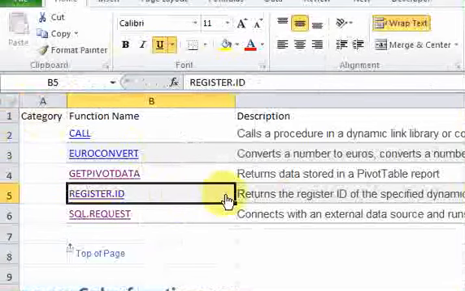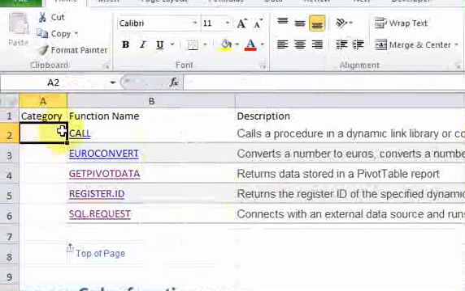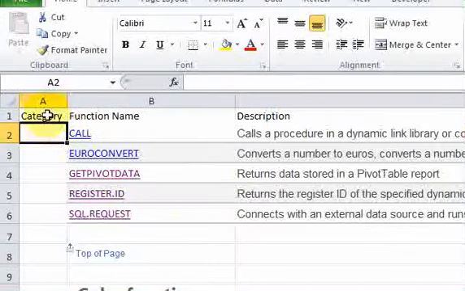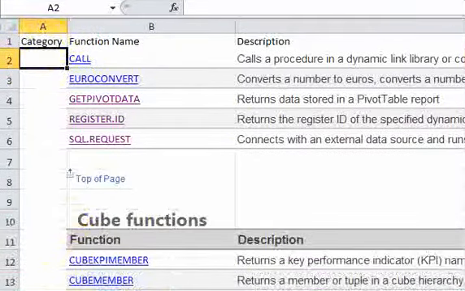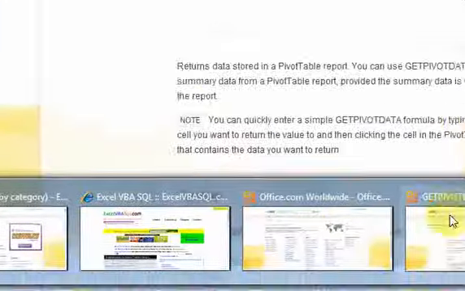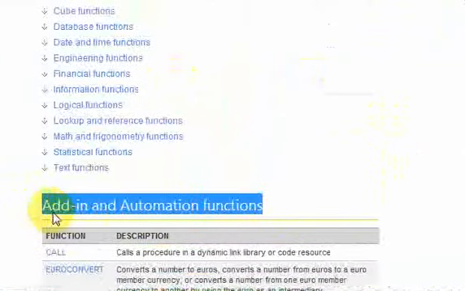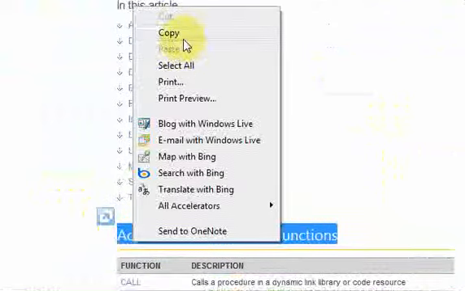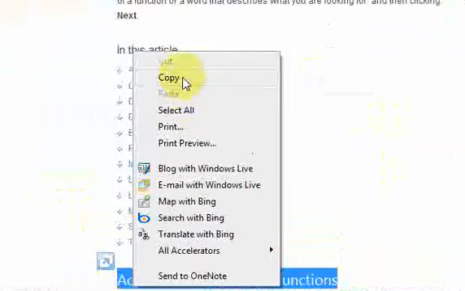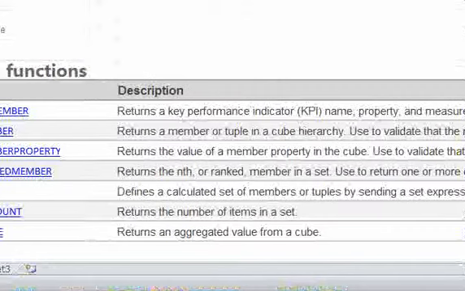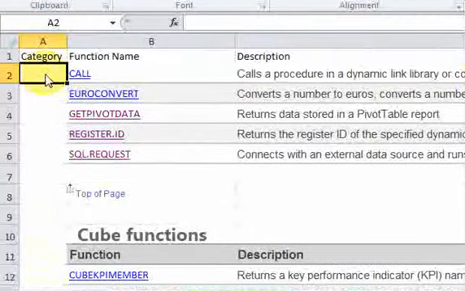Now the first category that we saw was this. Let's see. The first category, which I deleted, is this add-in and automation function. So I'm just going to bring this back by copying this. Control C on the web page. You can just go straight to Microsoft Excel, and I'm going to do Control V right here. And again, it takes some time, at least on my computer, because it is a web page for some reason,